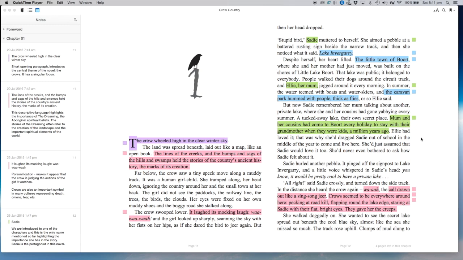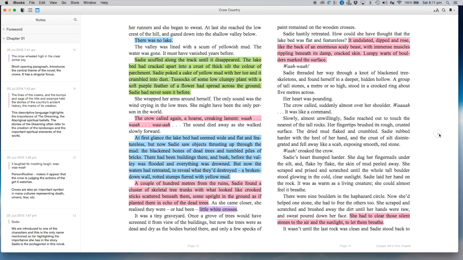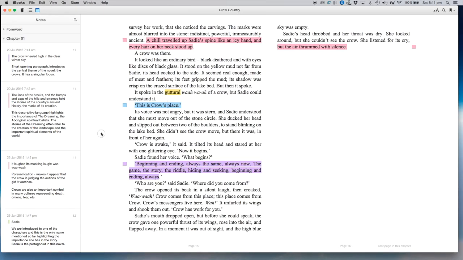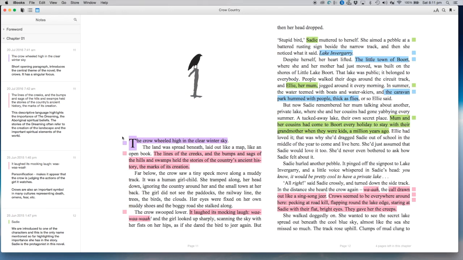You'll notice that I have some sections in yellow, and there are only a few here. Yellow is typically something associated with plot, so something to do with the action or something important in the series of events. My green relates to characters, so anything that relates specifically to character I highlight there. Blue is focused on setting. My purple,